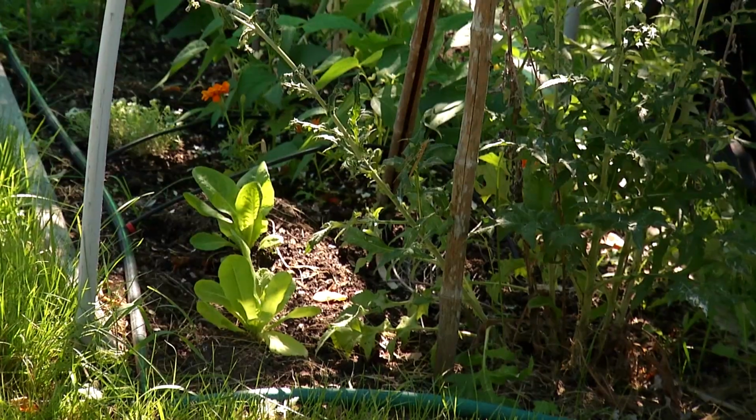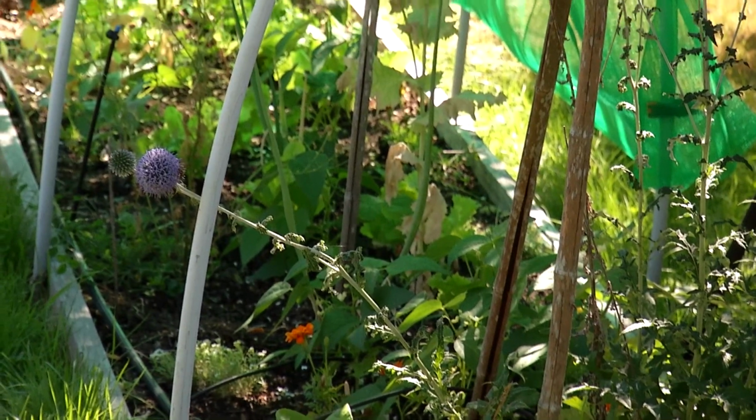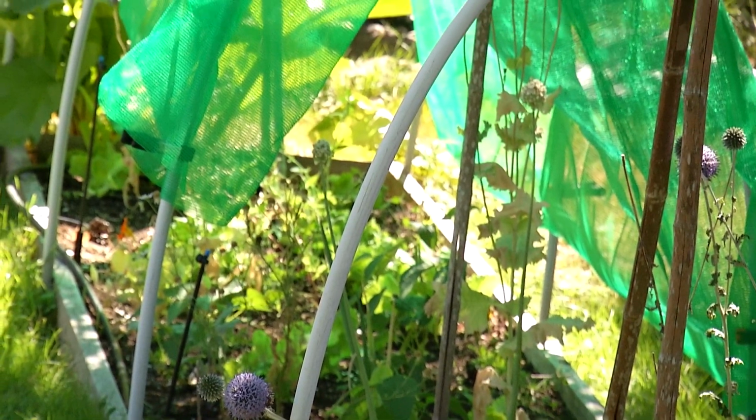But this one here has beans in it and lettuce, and we have some shade cloth over it to keep the sun off that bed. And then the next bed over there is your asparagus bed. Yeah. And we have a few other lettuce and kale in there growing because it's a lot of space and we only get that crop early in the spring and then it just sits there for the rest of the season. And we took our 2 beds, the ones that are looking empty there,